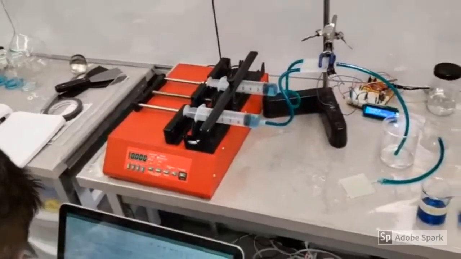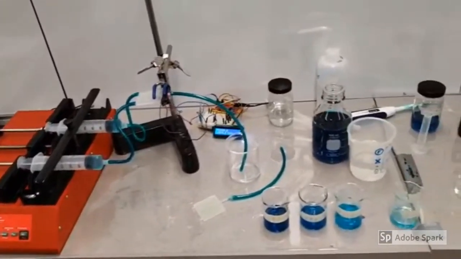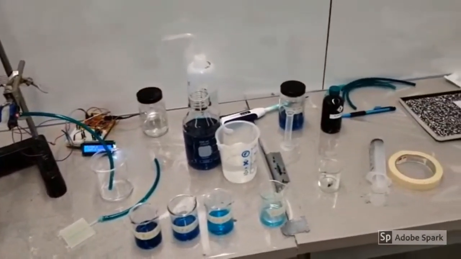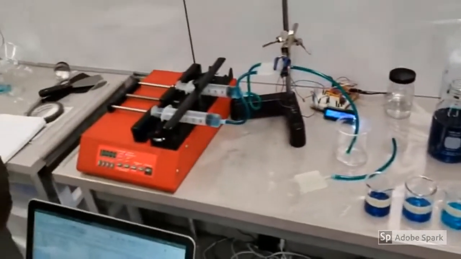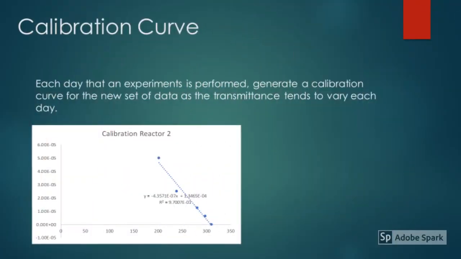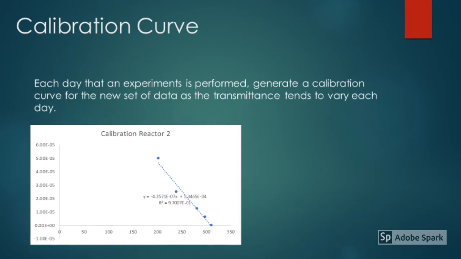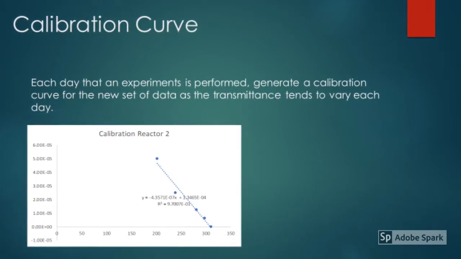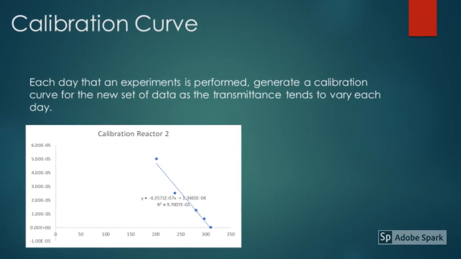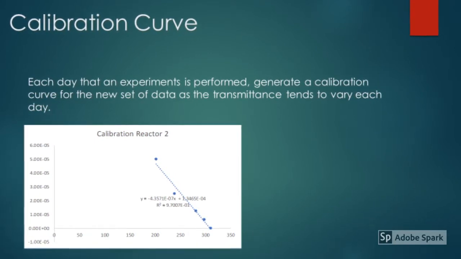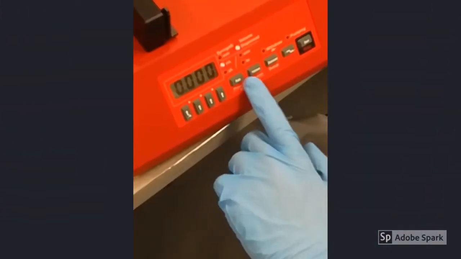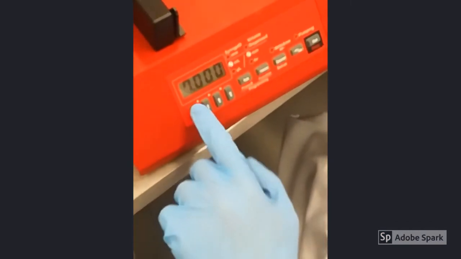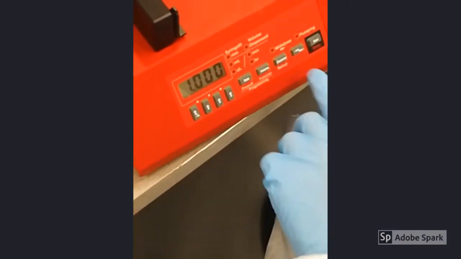In our experiment, we first had to find our calibration curve. This takes multiple concentrations of malachite green solutions and calculates the transmittance of malachite green coming in. Since it knows our transmittance going out, it can make a rough estimate of the malachite green concentration in our reactor and outlet stream. In our experiment, we took 10 milliliters of malachite green in each trial and ran it